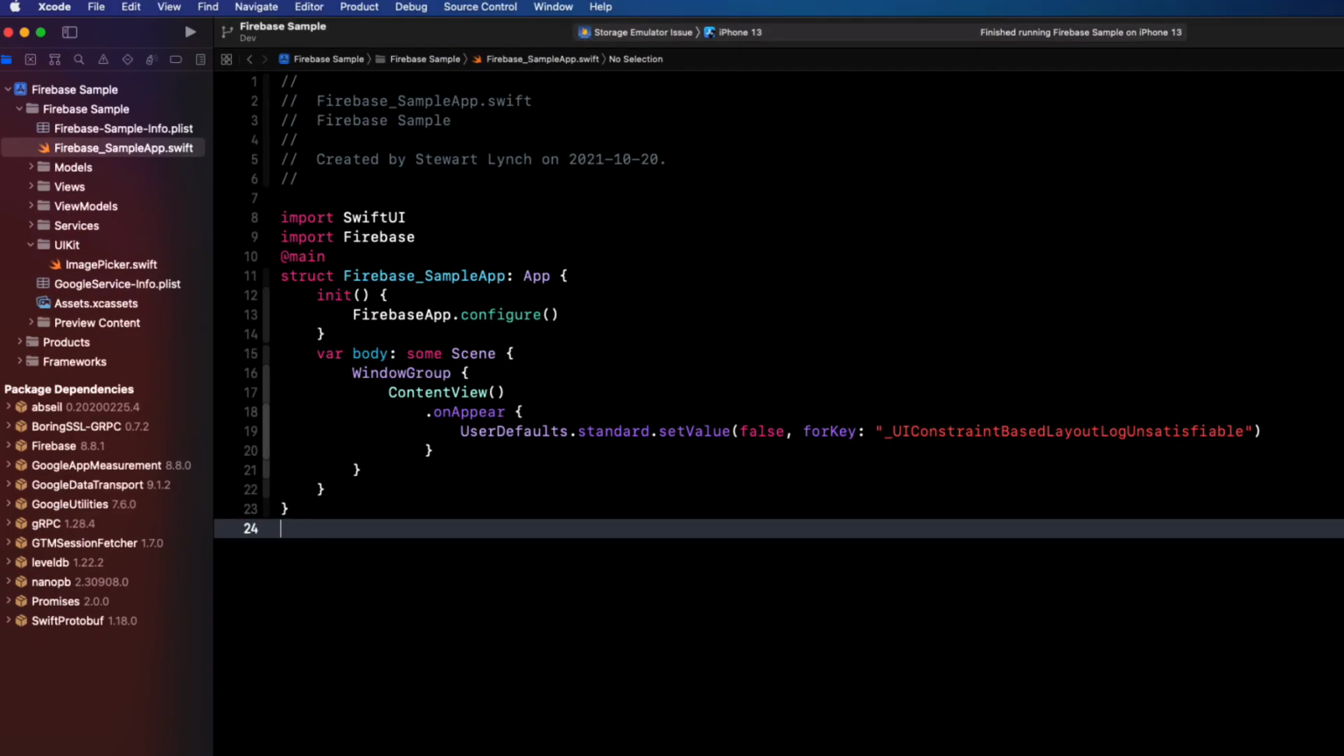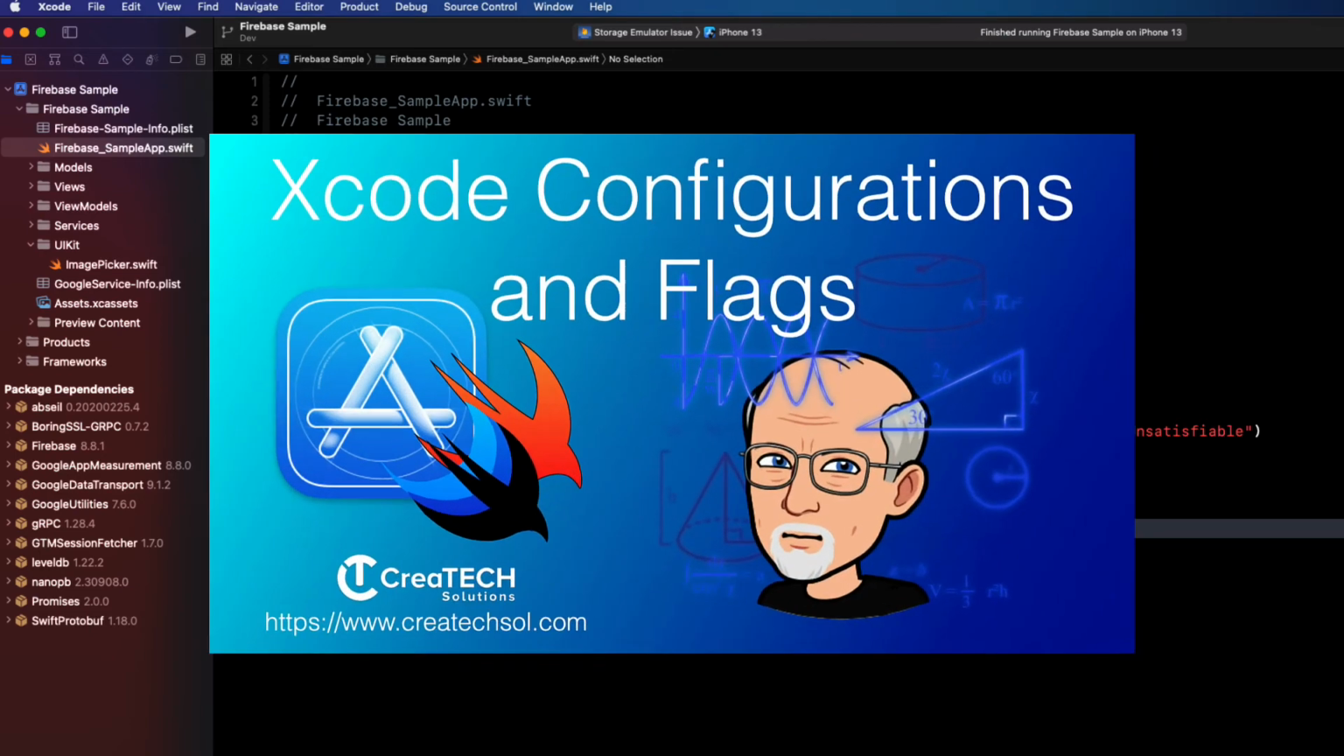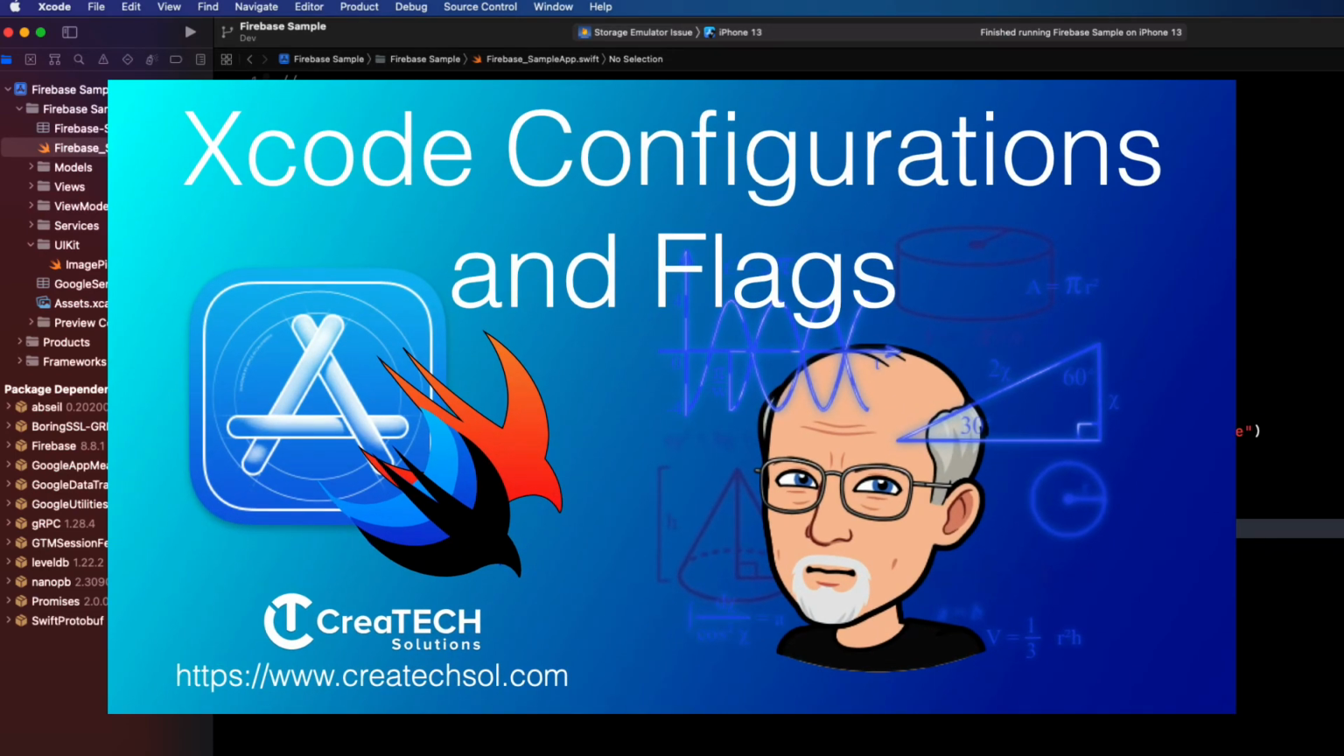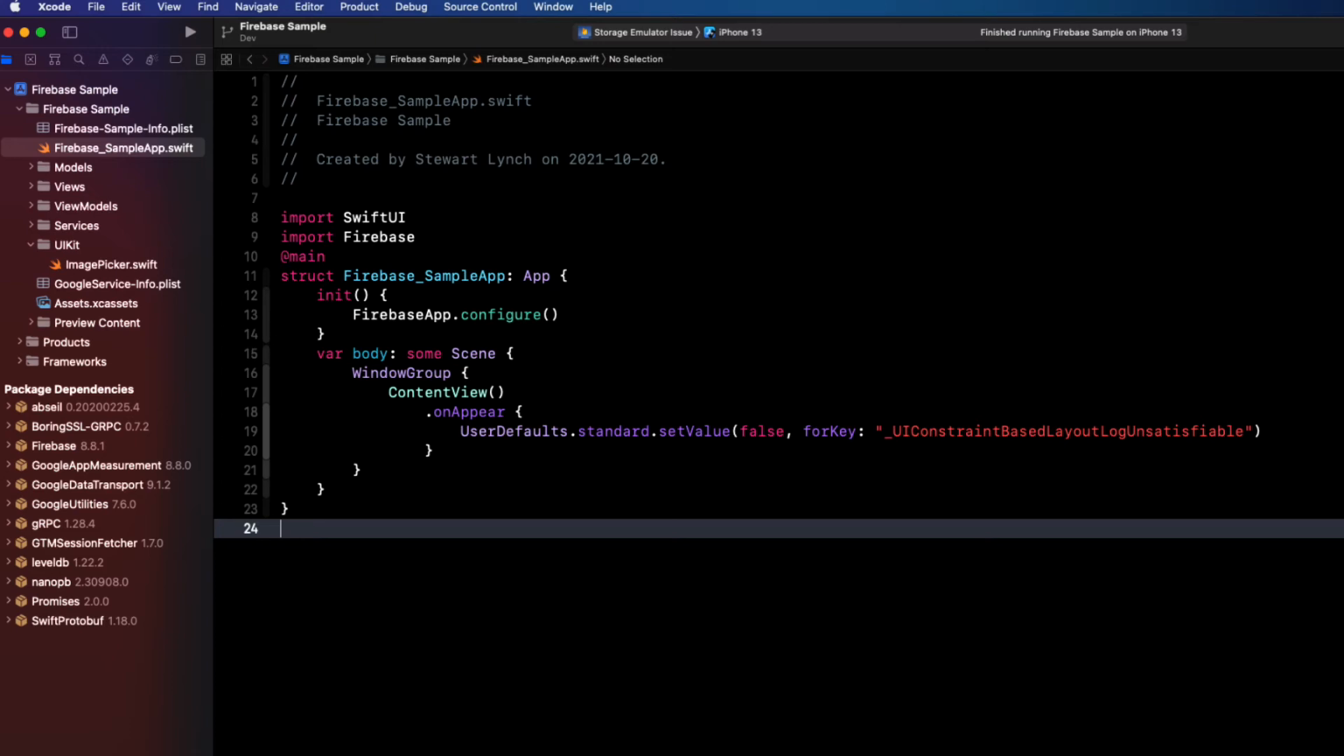Now we want to be able to switch easily between using emulators and the production server. So what I suggest you do is to create a custom configuration for that. And I have an entire video on custom configurations and compiler directives that I'll leave a link to in the description below. And the way that we'll do this is to duplicate the debug configuration and add our own special